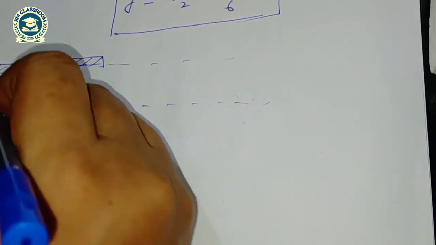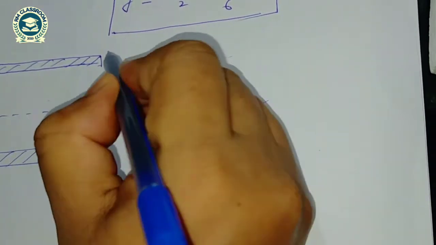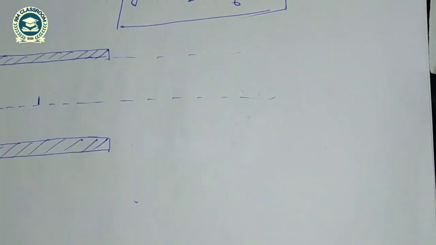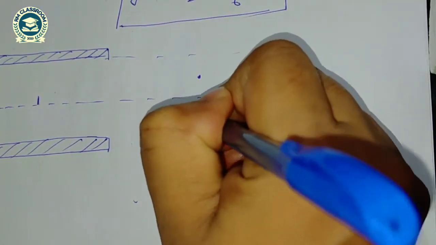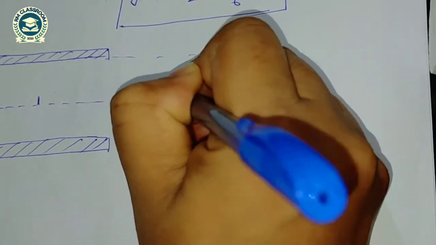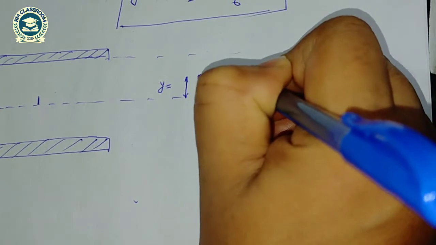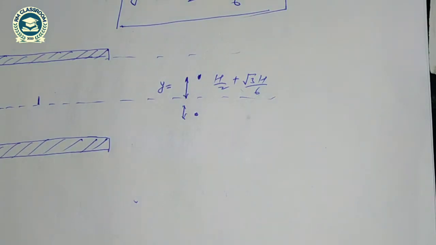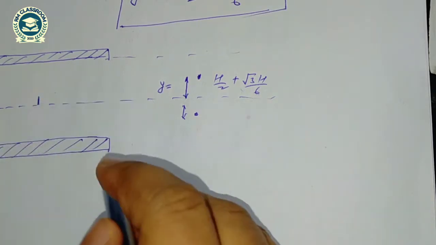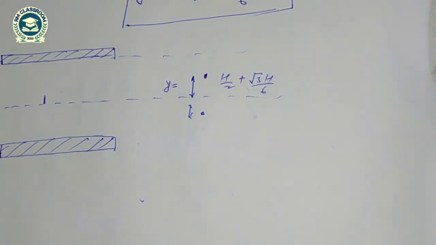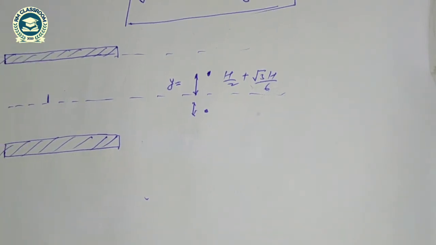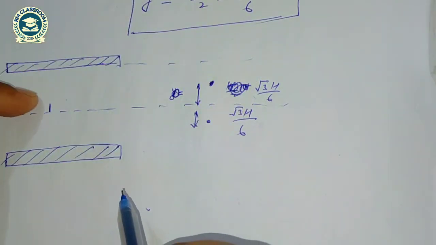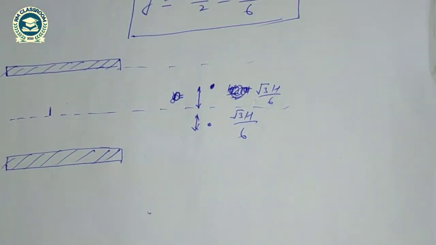So a point where y is equal to how much, h by 2 plus root 3 h by 6, so this is the point where, from here, h by 2 plus root 3 h by 2, where our local velocity is equal to the